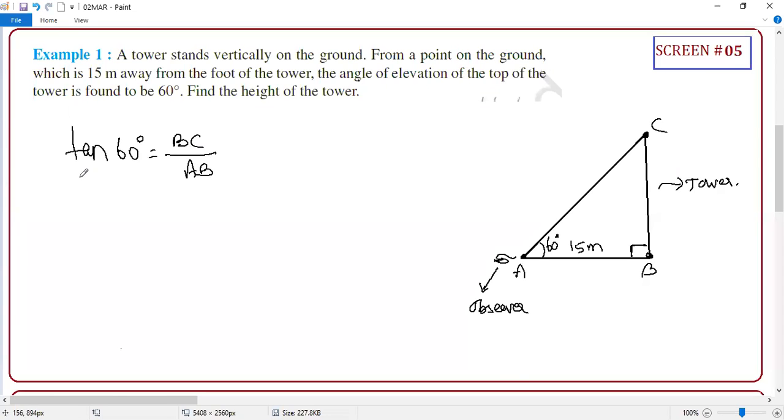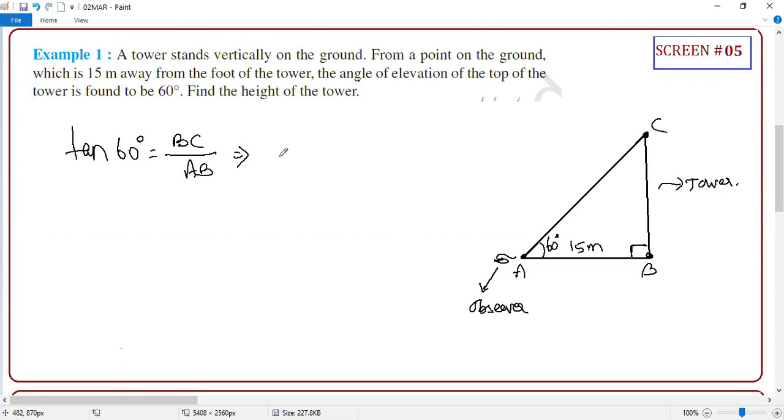Guys, now you are going to put the value. Tan 60 equal to what? Implies. There itself you can put implies. Tan 60 equal to what? I asked you to remember three values. Tan 30, tan 45, tan 60. Tan 45 you don't want to remember because we will solve it in the diagram itself. Tan 60 is what? Root 3. So tan 30 is 1 by root 3. Tan 60 is root 3.